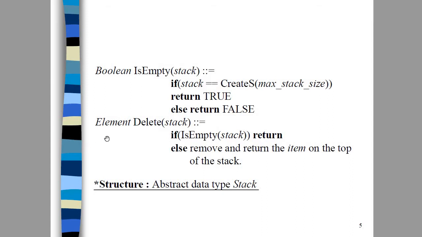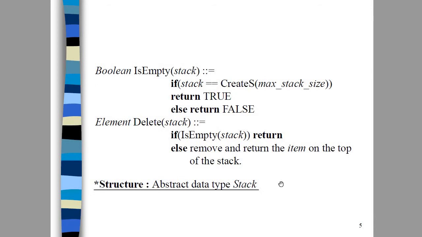Then the next function is the pop operation. The pop operation will help us to delete one element at a time from the stack. For that, first we will check whether the stack is empty or not. If the stack is empty, then we cannot return any element from the stack. Otherwise, we will remove whatever is on the top of the stack, and decrement the top pointer by 1. So these are the different functions within the stack.